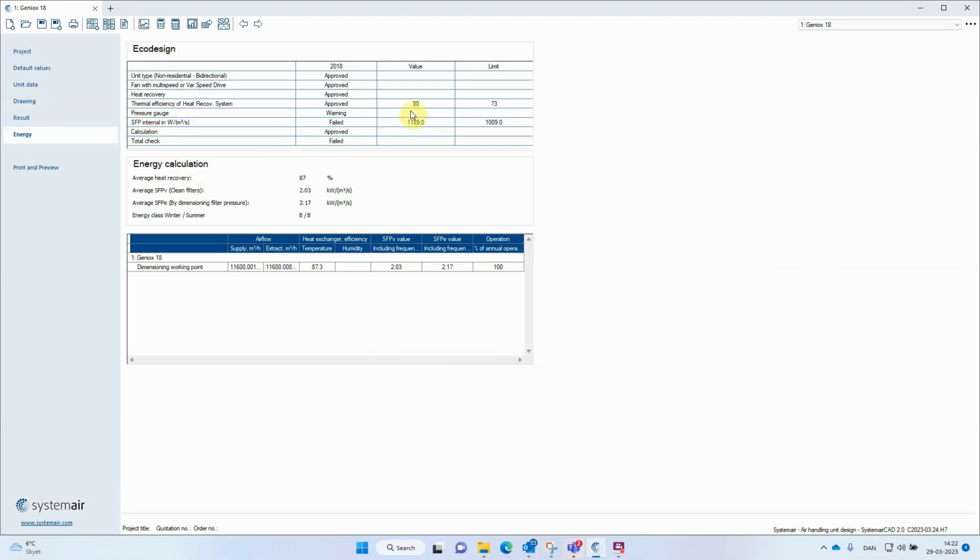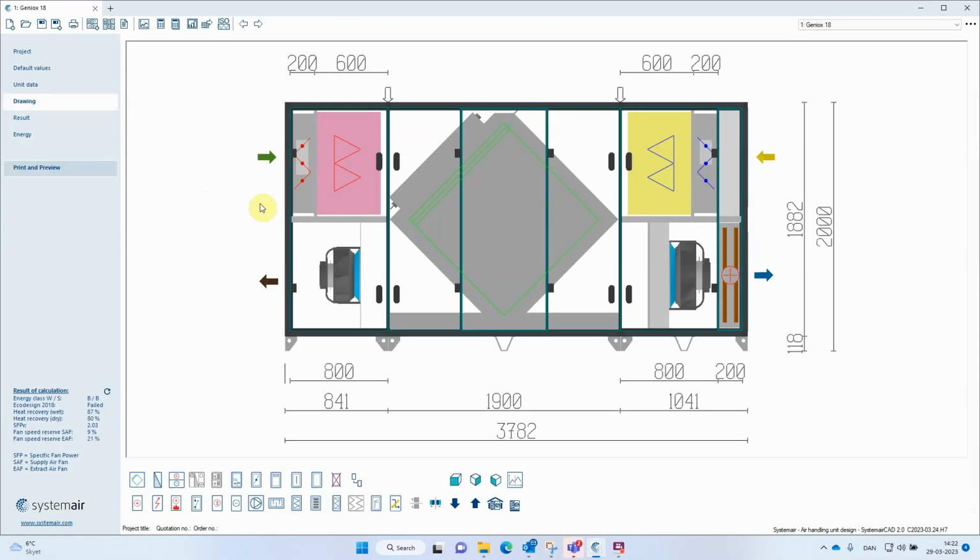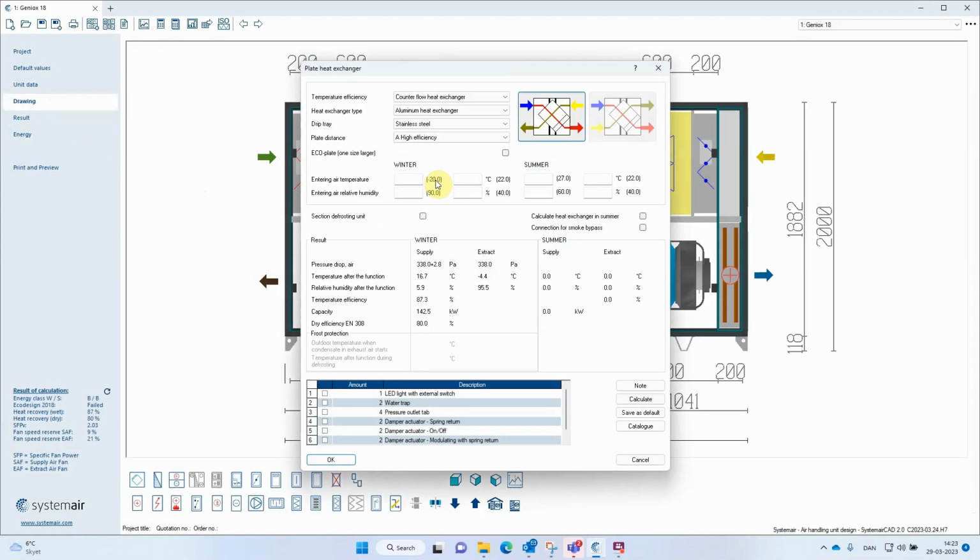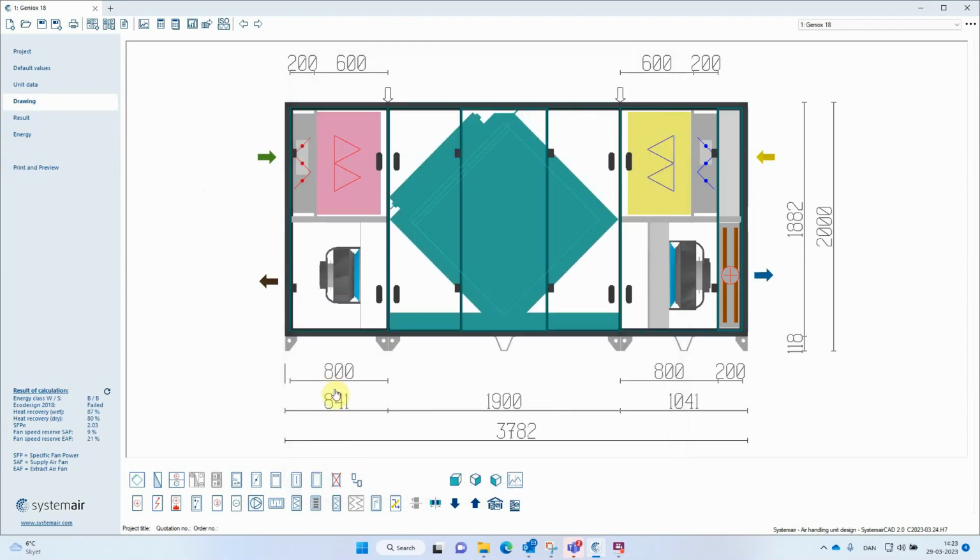We actually hit the 80% spot on for the thermal efficiency, but we failed with quite a margin here on the SFP internal limit. So once again, we are in the position where we need to reduce the internal pressure drop of the unit. And as we saw in the previous example, let's select the eco type heat exchanger like